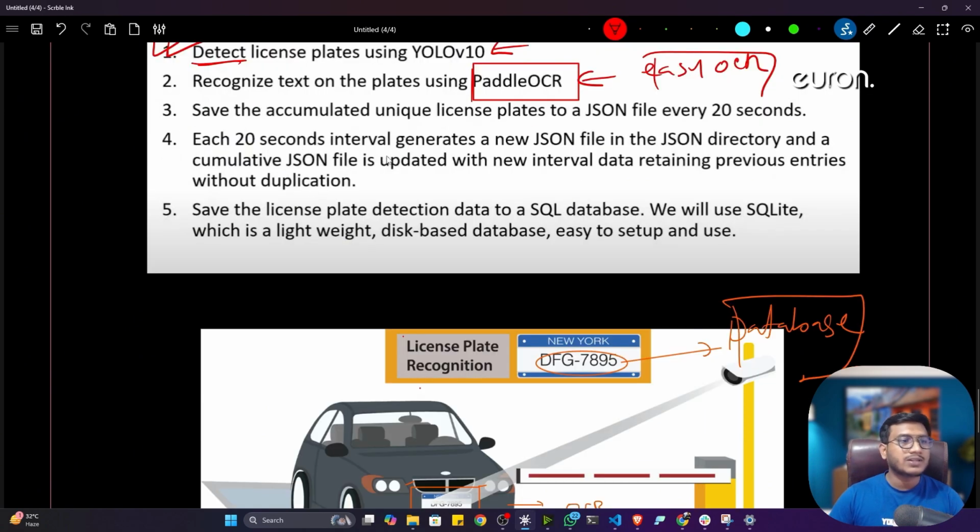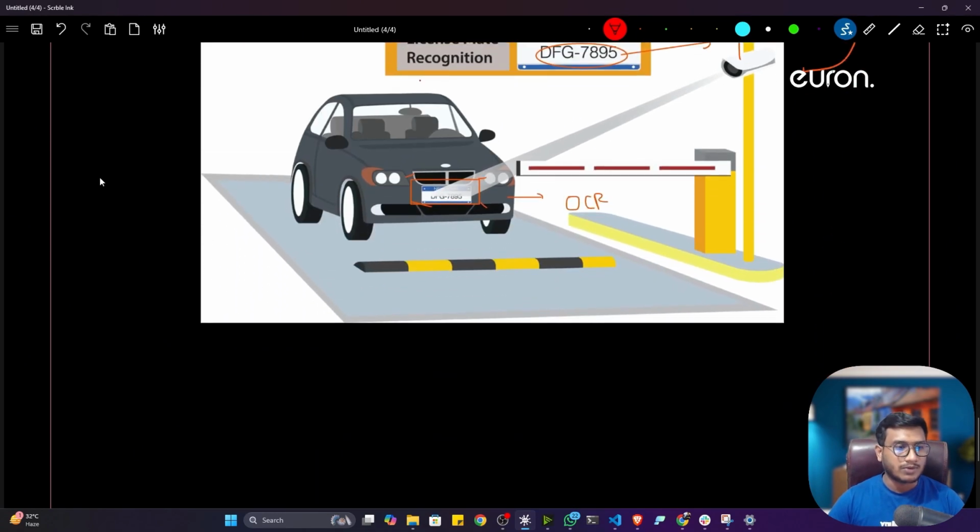Then every 20 second interval generates a new JSON file in a JSON file directory, and a cumulative JSON file is updated with the new interval data, retaining previous entities without duplication. Let me simplify this particular term. In every 20 seconds, my system will extract the license plate. Let's say it has extracted one license plate, and I'll name the file output